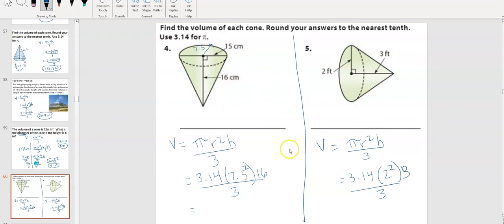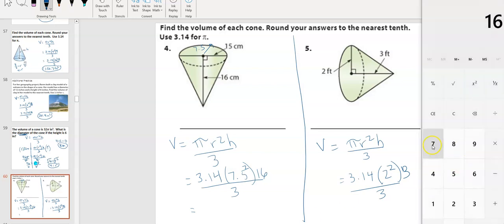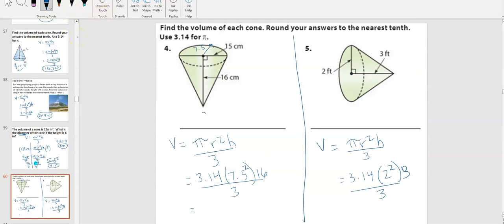Okay, if you solved these problems, then you probably have them set up like this, and then we're going to do the calculations together. We know that this volume here is given and the diameter is given, so we had to divide by 2 to get a 7.5 radius. So in my calculator, I'm going to go 7.5 squared times 3.14 times 16, and then divide that by 3, and I'm going to get 942